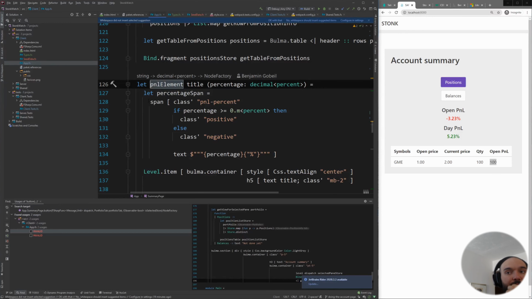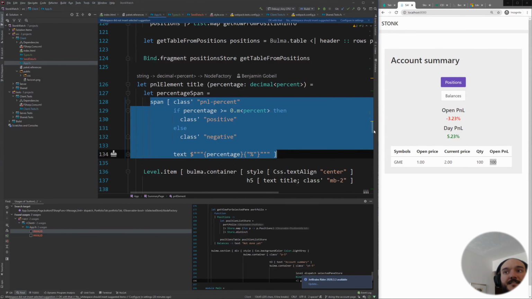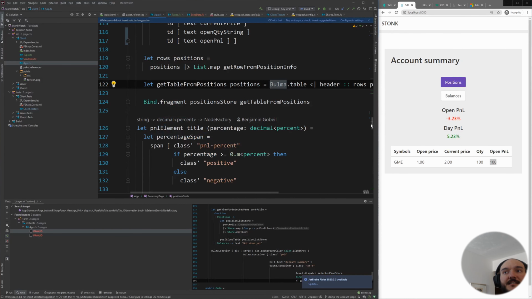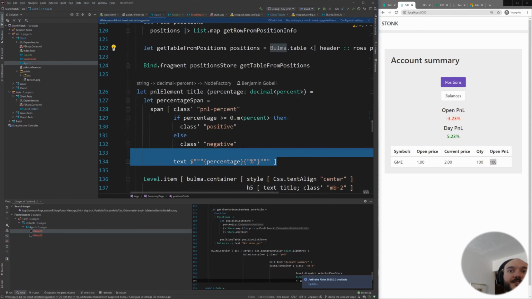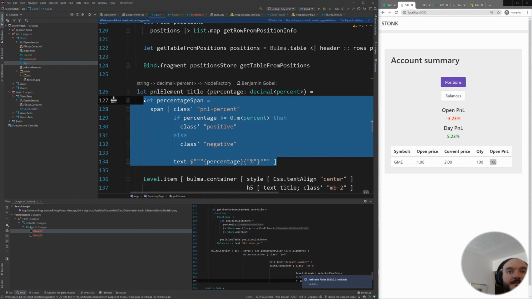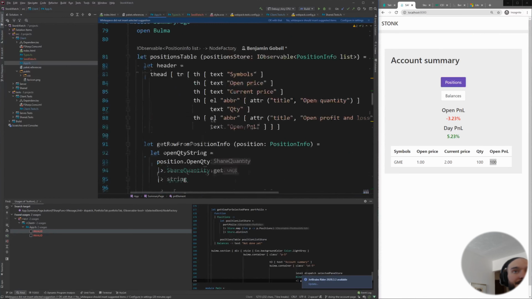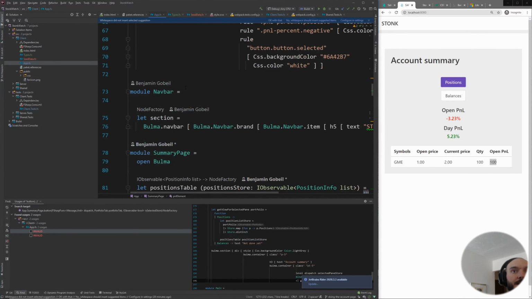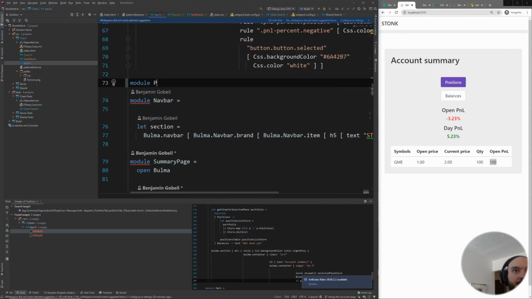So here we can put a span, actually, right? This percentage span, we can bring it out. This is already a decimal percent it takes. The title is not going to be good for us, but at least this span can be its own thing. And so I want to put some percentage. This one should actually go in a P&L module or something like that. So I can do module P&L for the view, like in this thingy here. So I can do module P&L,